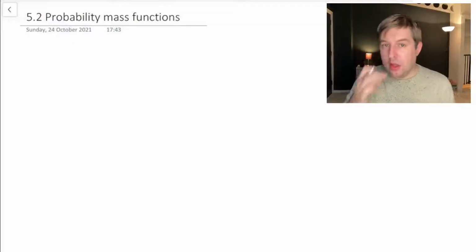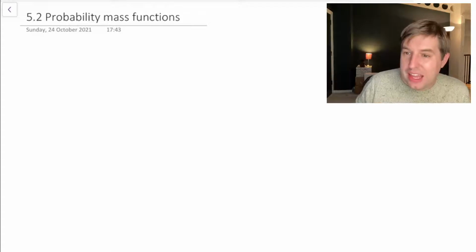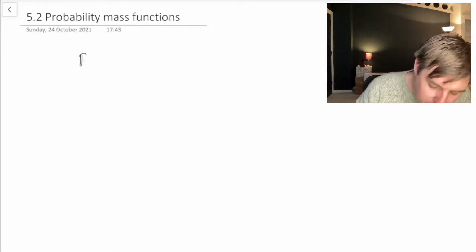So once we have a discrete random variable, as we discussed in the previous subsection, subsection 5.1, we now want to know the probability that our random variable could take different values. And we can do that through something called the probability mass function, or the PMF. So the idea here is that for any set A, we can work out the event that our random variable is in that set A just by adding up